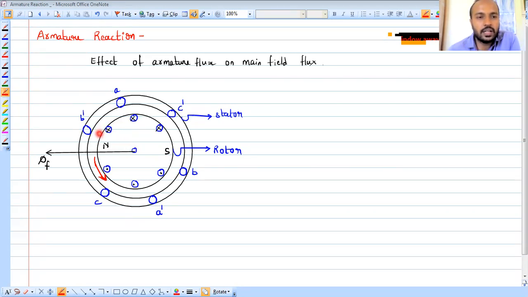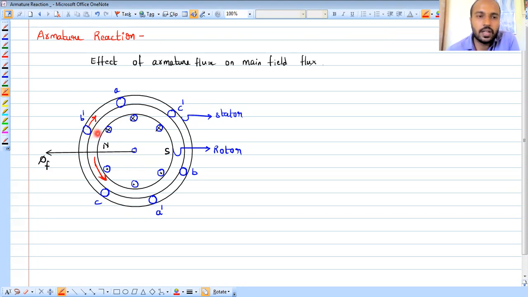If you apply Fleming's right hand rule, this is the magnetic field direction, the four-finger direction, right? And the force acts downward, so your thumb needs to be downward. But here our conductor is stationary, while the rotor is moving anti-clockwise. That's why we consider the direction of the conductor to be clockwise. This is an assumption we need to take; the assumed direction should be opposite to the rotor movement.